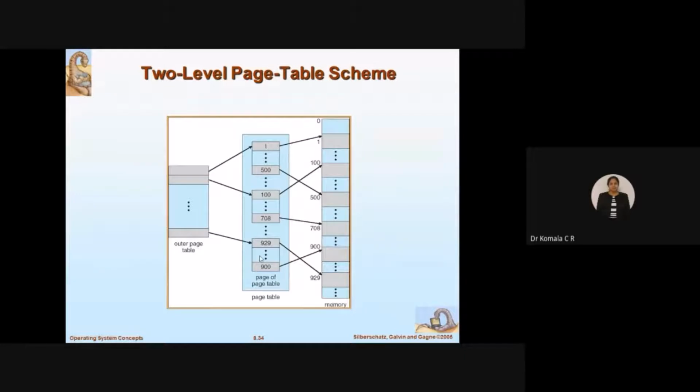This page table concept we studied last class. The same thing: you can go for a different number of pages here, and each of these pages is allocated to the free frames. So if frame 1 is free, you can allocate one of the pages; the program in this page you can load into the physical memory. Based on whichever is shown in violet color now, those are the free frames. So here page 1 is allocated to frame 1. In the same way, page 500 is allocated to frame 500, page 100 to frame 100, 708 to 708, something like that. So this is how two-level mapping is done from the logical address to the physical address.